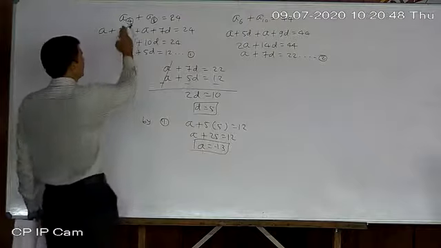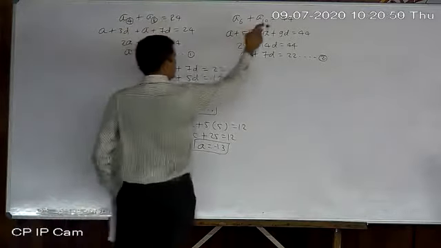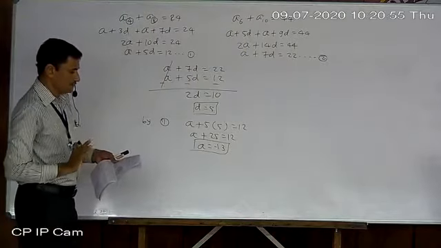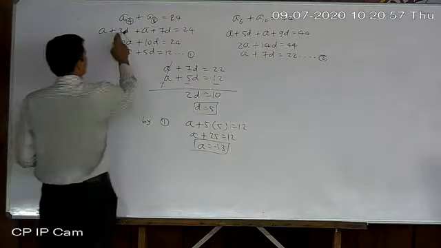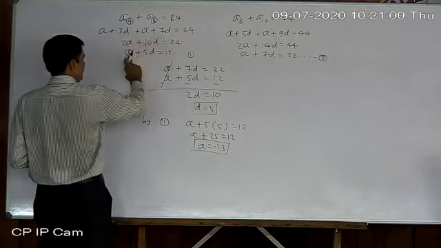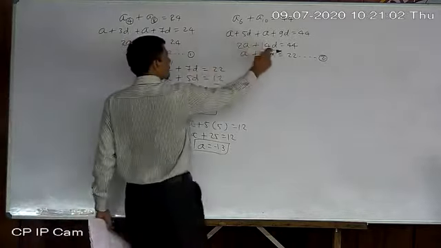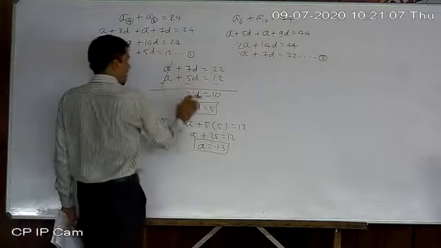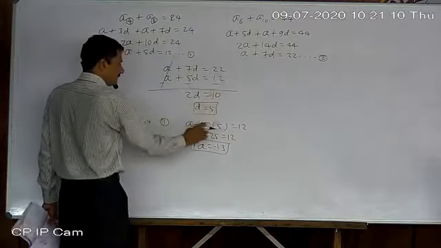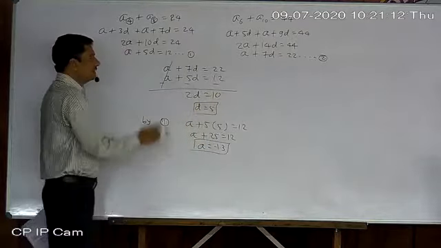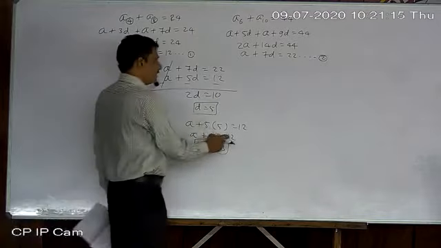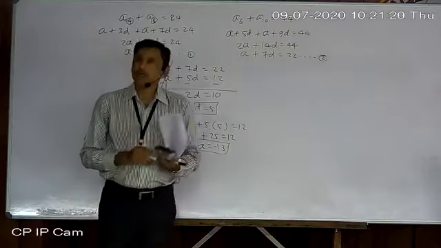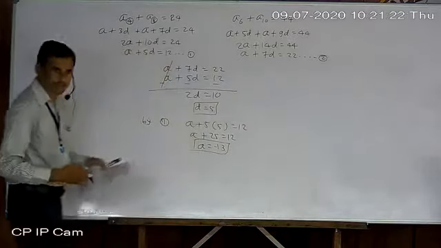Again, they have given the 4th and 8th term sum and the 6th and 10th term sum. The first one is 24, the second one is 44. Here, 2A plus 10D equal to 24 divided by 2, and 2A plus 14D equal to 44 divided by 2. Solve by the elimination method: 7 minus 5 is 2, and 10 gives 5. After placing 5 in place of D, we use equation number 1 and got A equal to minus 13. If you use the second equation also, then you will have the value of A as minus 13 only.